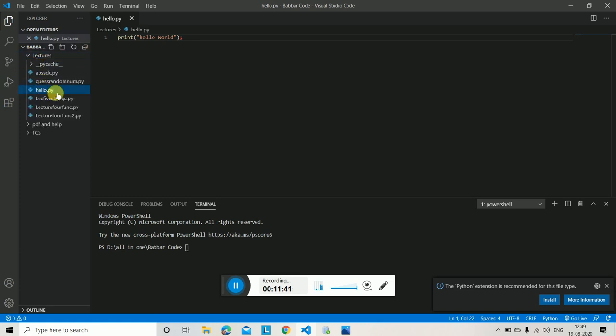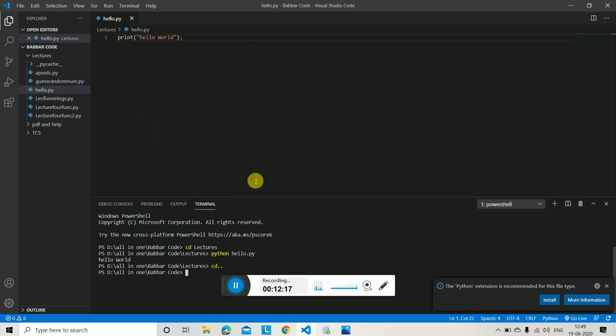So cd, sorry, lectures only, not .py. cd lectures. I came into the lectures folder, and then I want to run python hello.py. See, it is printing hello world. And this is the syntax for how to run the program. If you want to go out of the lectures folder, cd .., see, I went out of the lectures folder.